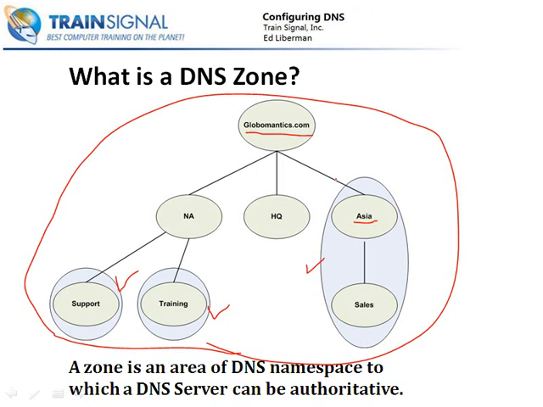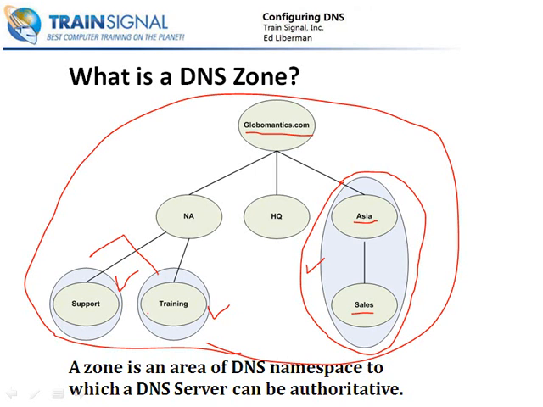So I've made that its own zone so that there are separate DNS servers which will be authoritative for that namespace. You'll notice that this is kind of an elongated oval that I've highlighted here, which includes the sales.asia.globalmantics.com namespace. And the reason why is because by default, any server that is authoritative for a particular zone or area of namespace is also going to be authoritative for any subdomains underneath, unless those subdomains have been specifically delegated out. So here we have a couple of other examples where we have the bottom of the tree, so to speak,